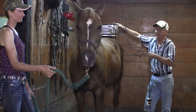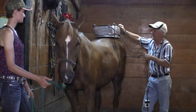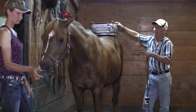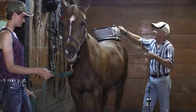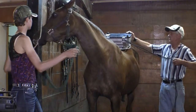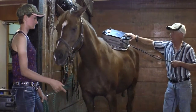Yep, I take them on the road. Yep, this machine's part of it. Before they go into the competition, I apply this therapy for 10 or 15 minutes, and without question, the horses perform significantly better. And it doesn't matter if they're older or younger. The older ones, you see a more profound effect because the effects of aging are upon them, plus many years of showing and competing. But yeah, it's kind of like my competitive edge